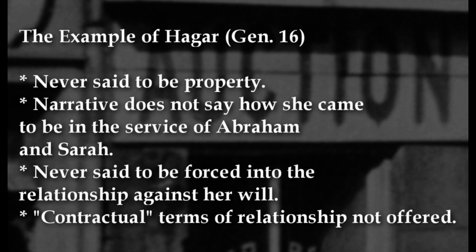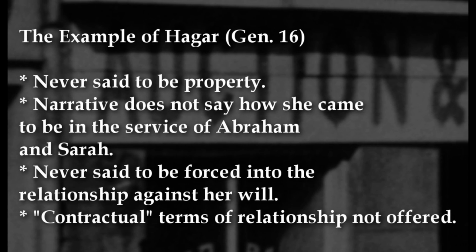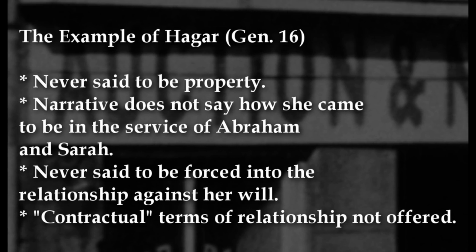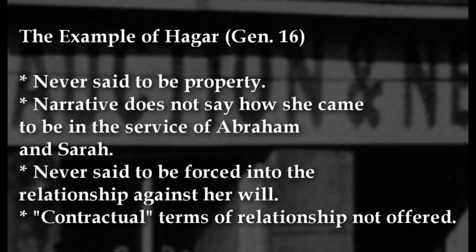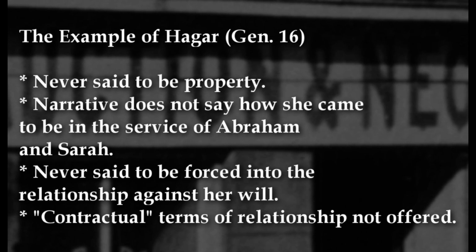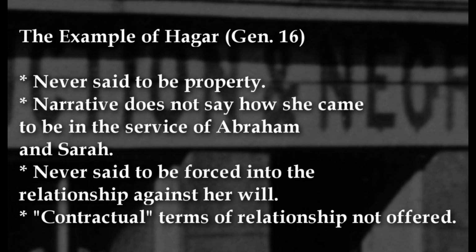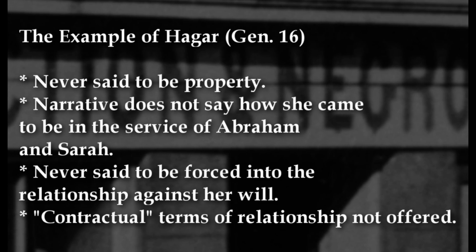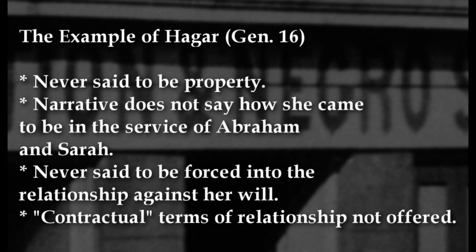Take the example of Genesis 16, in which Hagar served as a handmaiden for Sarah, conceiving children for Abraham. Was Hagar considered property? Was she in the servitude relationship against her will? The text doesn't give any indication of either one, and the same may be said of the bulk of passages